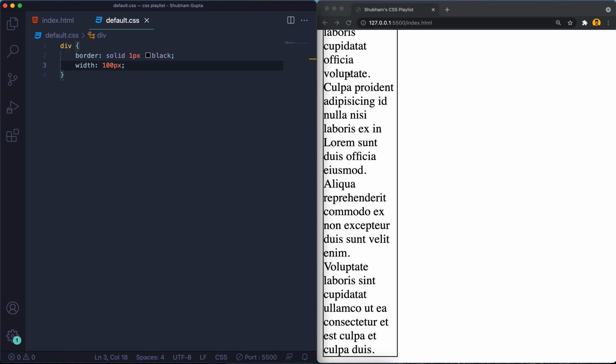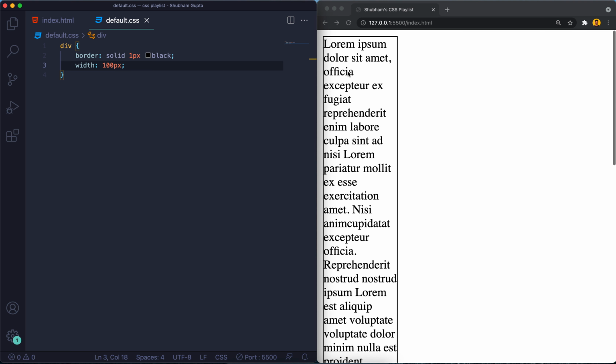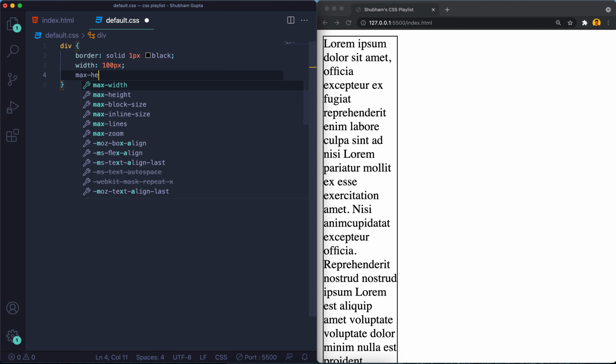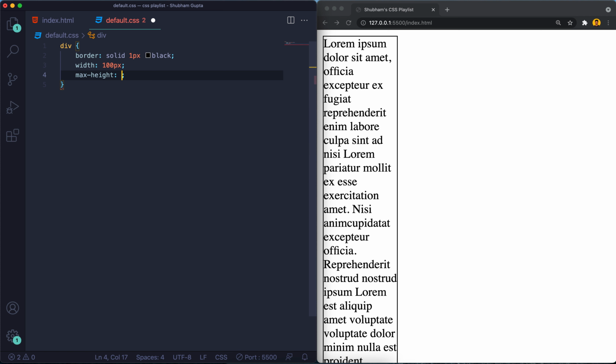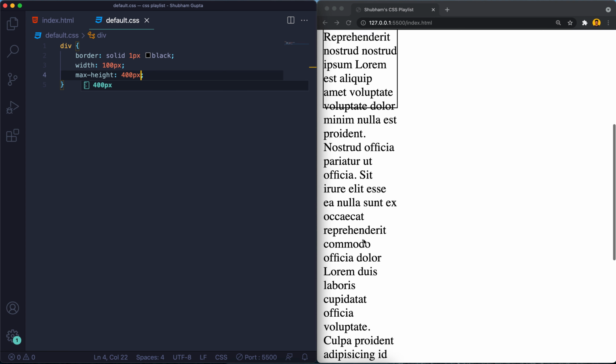You can see this. Sounds good? We can also provide some max height this way. So max height can be 400 pixel. It will go to a maximum of 400 pixel, and after that it will overflow.